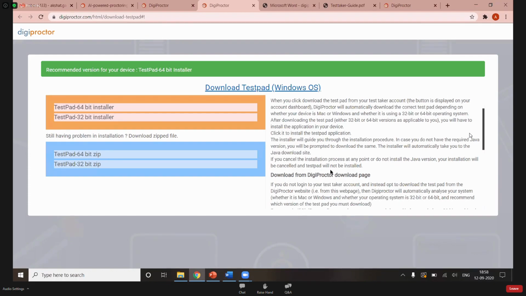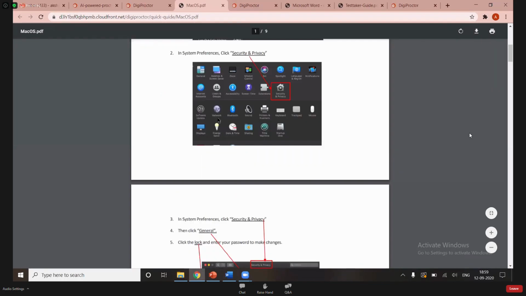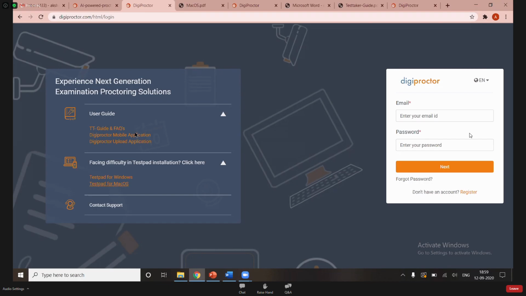Please ensure whenever you get an error message as such, try to restart your devices and try it again, because at times your memory is full, the device's memory is full, which hampers the installation to go in the proper manner. So whatever you are doing, in case you face any error, restart the device and then try it again. Otherwise, these troubleshoot options are available to you. In case you are using it on a Mac OS, so a step-by-step instruction guide of whatever needs to be done in case of any error message, everything is specified here and it is available for you here itself.